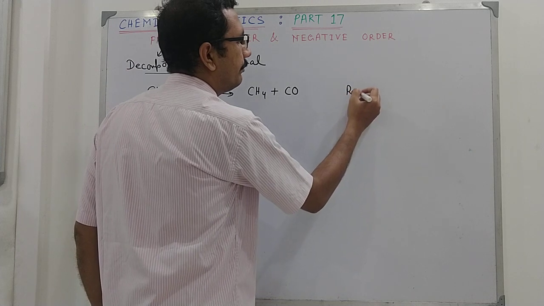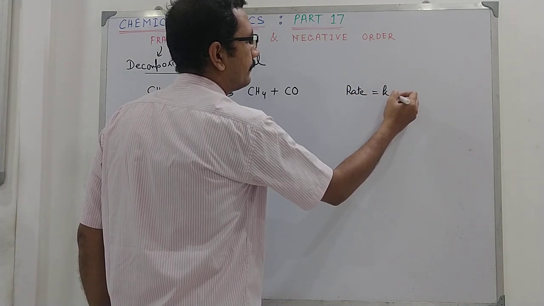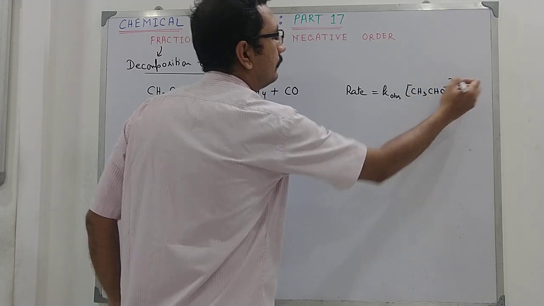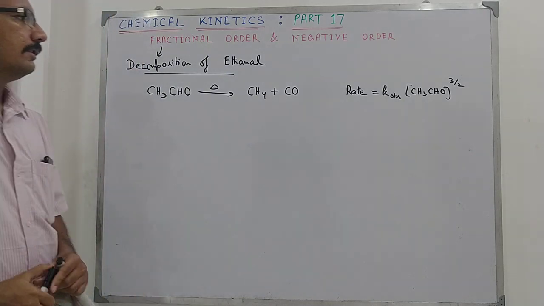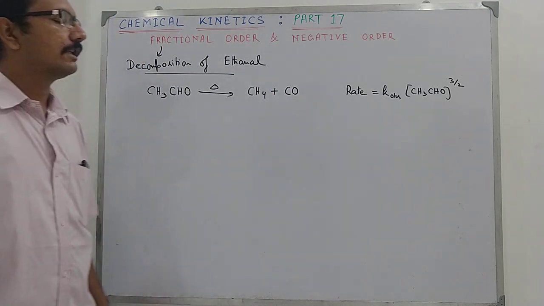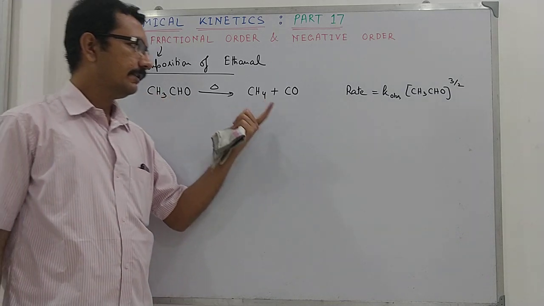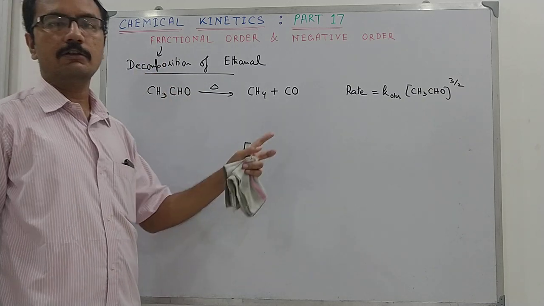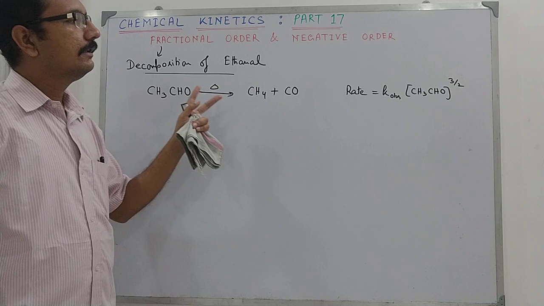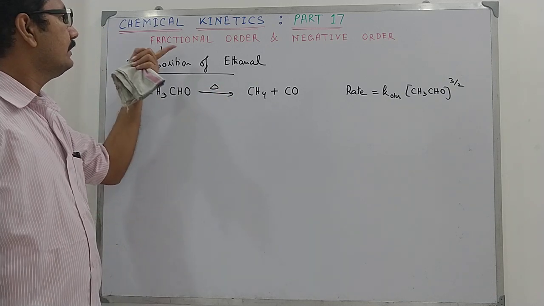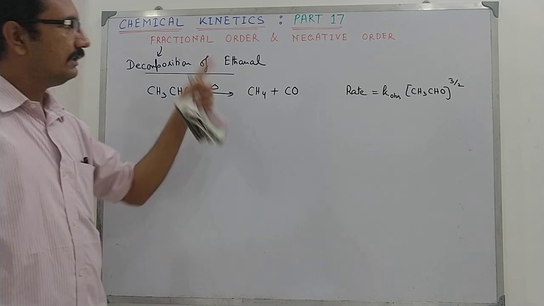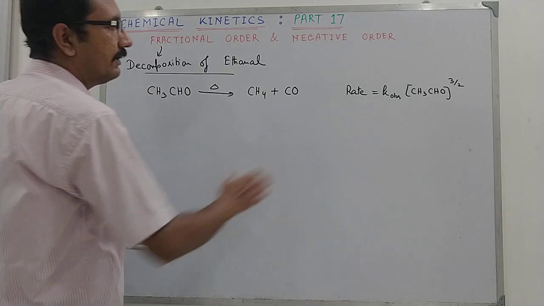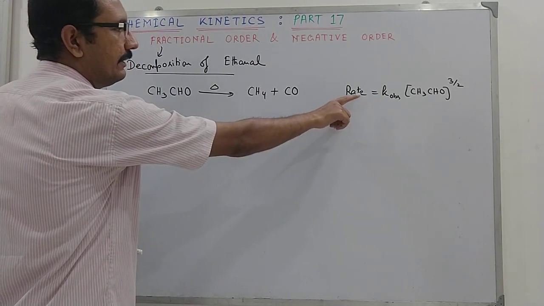Now when the rate is measured experimentally, it was found that the reaction has an order of 1.5. That is, it is a fractional order. Now I have introduced to you with 0 order, first order, second order, third order, but this is for the first time I am introducing you with fractional order, and in the next topic within this lecture I will discuss regarding negative order. Now this is the observed rate equation. This has been obtained experimentally.